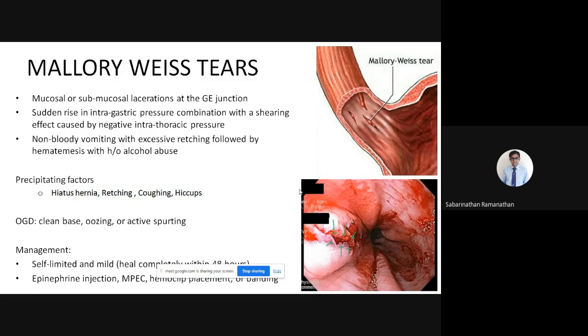And predisposing factors are like hiatus hernia, retching, coughing, hiccups. And endoscopically, we can see either a clean based bleeding or oozing or active spurting. So most of the time it is self-limited and mild, and it will heal completely within 48 hours. So we can go for endoscopic therapy like epinephrine injections or electrocoagulation, hemoclip, or we can use banding therapy also